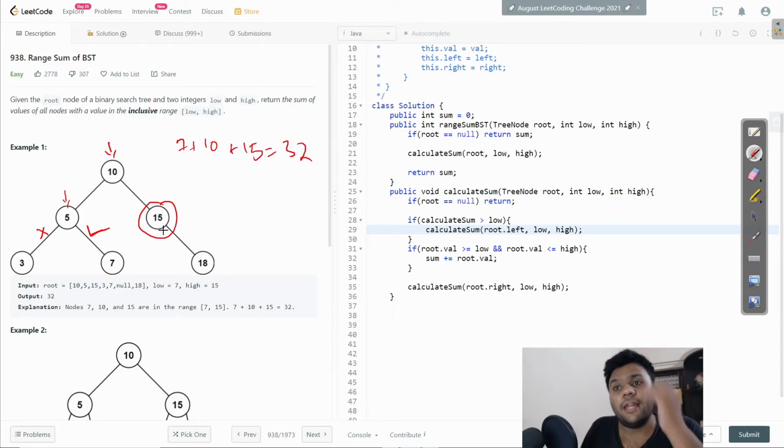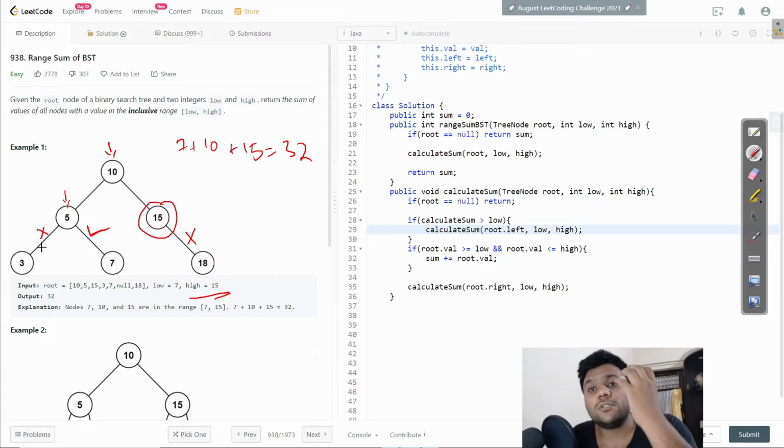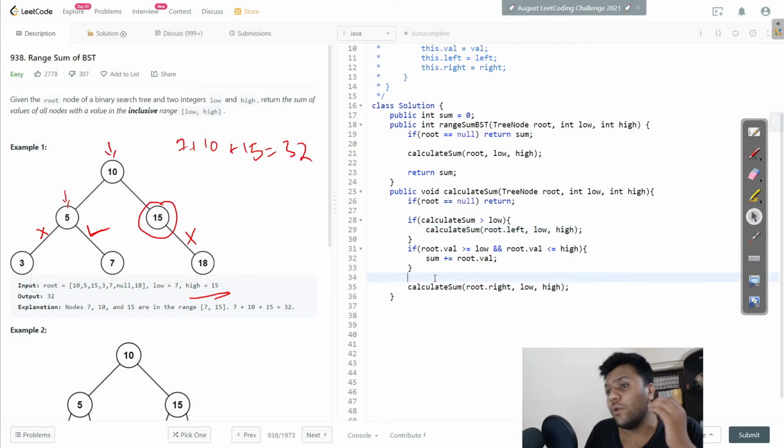Now what happened, I already know I reached my high, I reached my optimal case. So this high is my maximum, 15. There is no point to go on the right, because if I go on the right, then I will definitely get a greater value than this. So we will not go over here. If you look at over here, we are saving too much time by not traveling to this one. We are just simply getting what we need. Okay, so I hope this code is clear to you guys. That's all we do in our case.